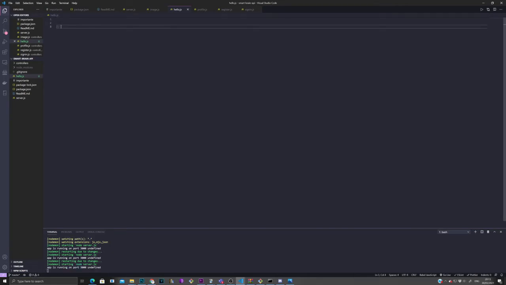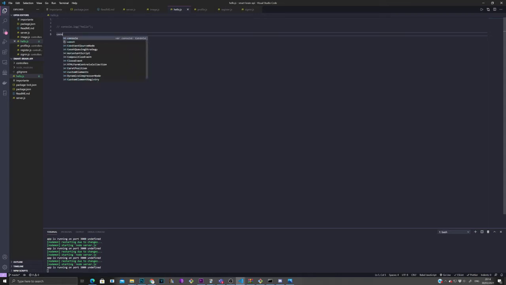I'm going to show you console log first. This is just a function that goes inside. I'll show you the console in a second. So hello, and I'll show you what this does. Now this is a comment, so you press / on your keyboard to make a comment. So this code doesn't actually get run, but if I go console.log hello,